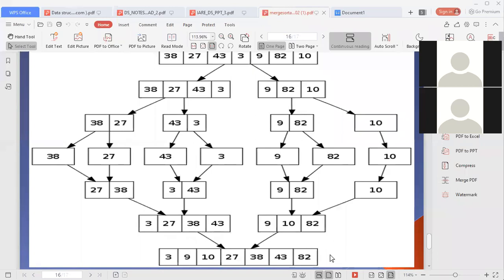Hope this particular example is followed by you. Number 15, is it understood? Yes, sir. Up to this line is divide. These two lines belong to conquer. Line number 1, first step, second, third, fourth: all steps 1 to 4 belong to divide, and steps 5 and 6 belong to conquer, and the 7th step belongs to combine.